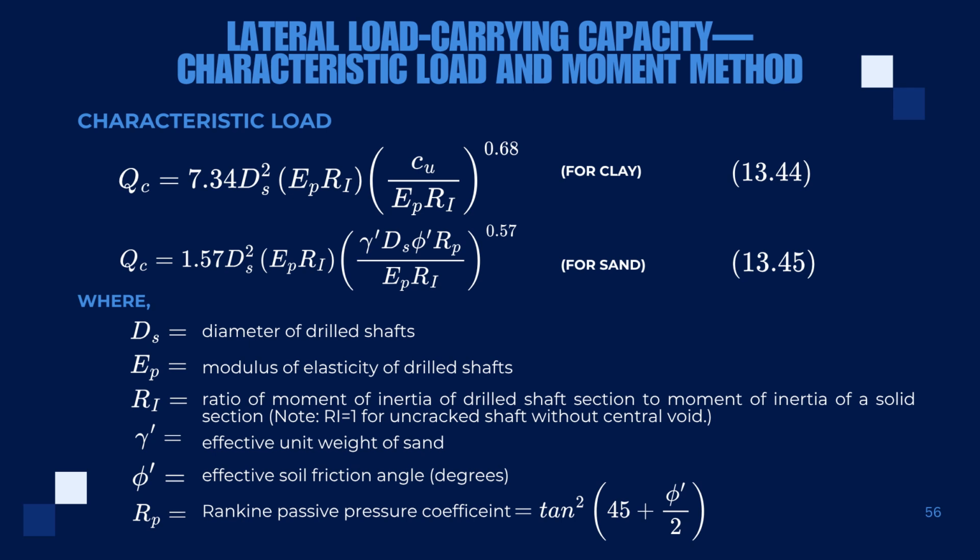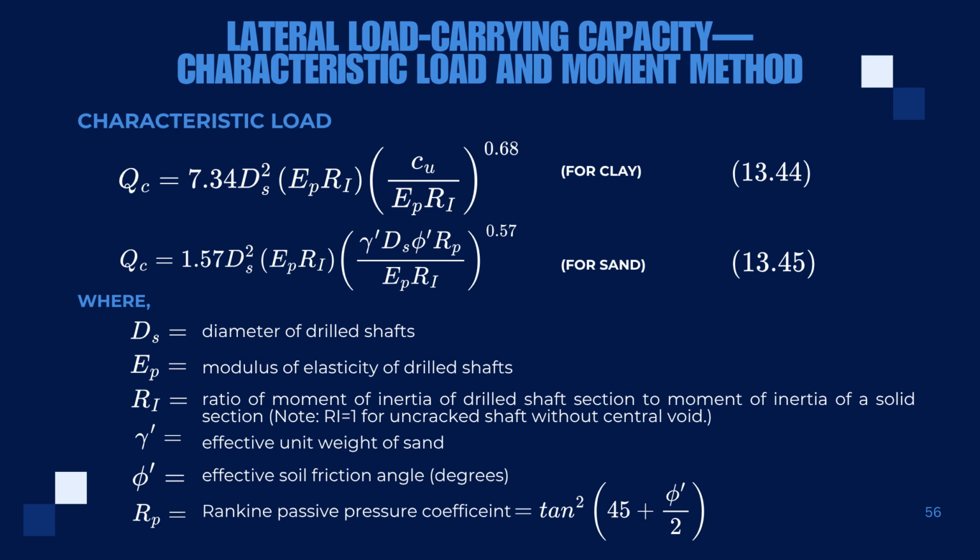QC is equal to 1.57 DS squared, open parenthesis, EP times RI, close parenthesis, times, open parenthesis, gamma prime times DS times phi prime times RP over EP times RI, close parenthesis, to the power of 0.57,